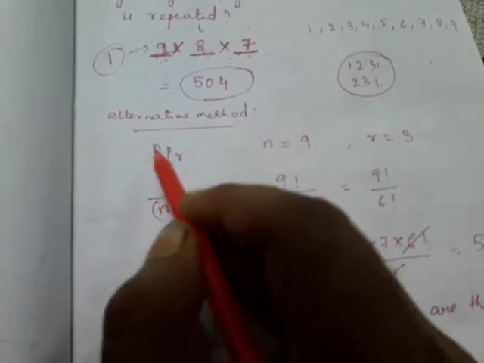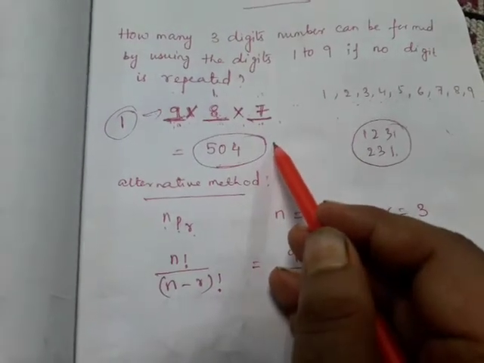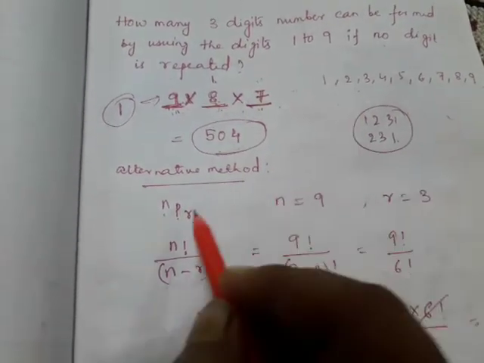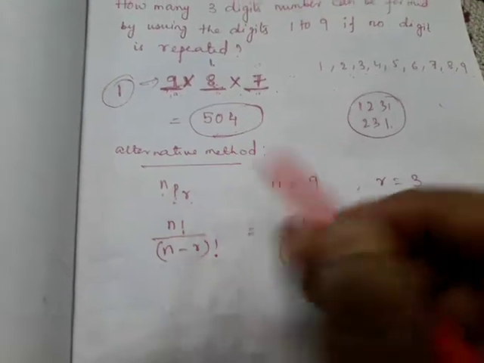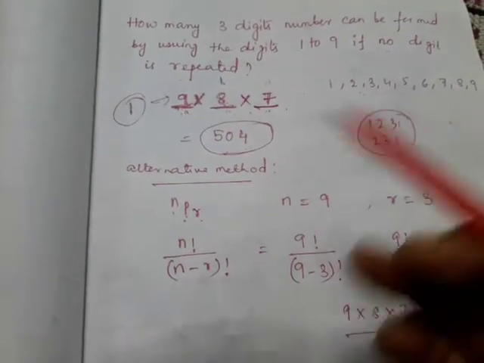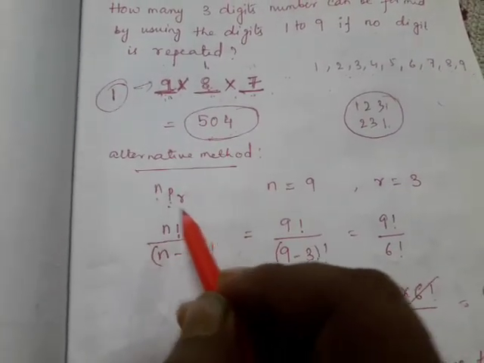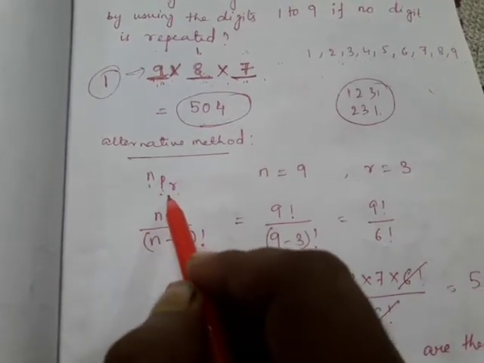Now there is a formula for doing this. The formula is nPr. Either you can do it by this principle, this method of filling digits, or you can use the formula. We have understood that this is a 3 digit sum, so by changing the digits the meaning will change, so we have to choose the permutation formula. And what is the permutation formula? The formula is nPr. Clear?